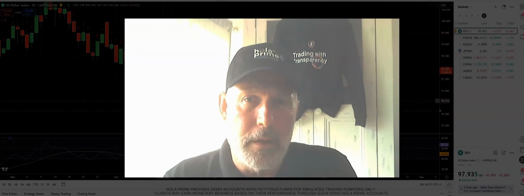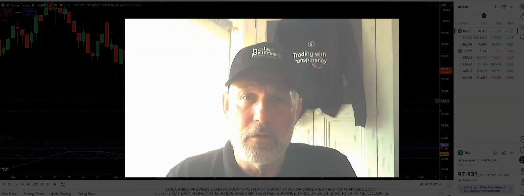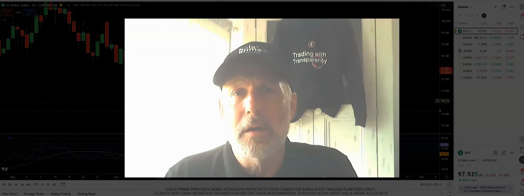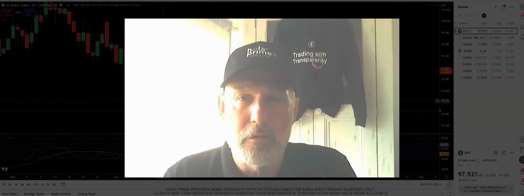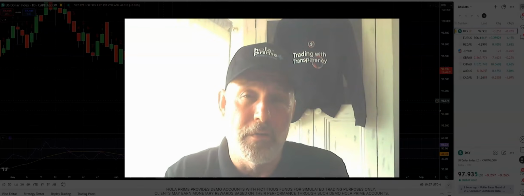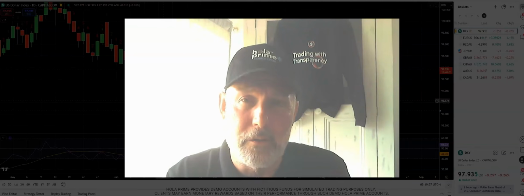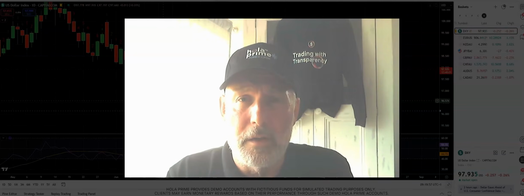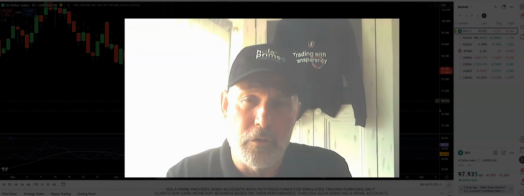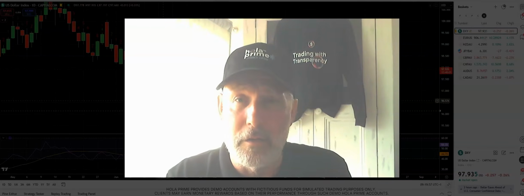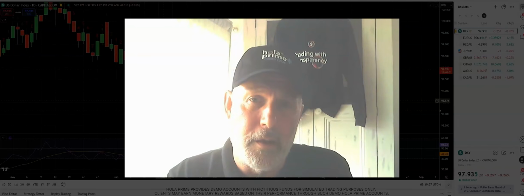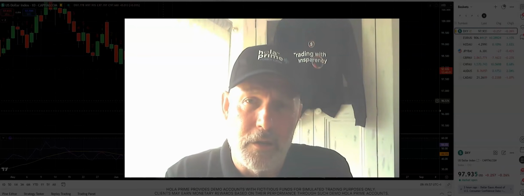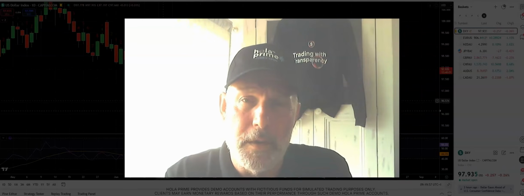Today I want to look at DXY, which is the dollar index. I want to explain DeMark indicators. This is DeMark sequential. I want to then highlight what I believe is going on in the dollar index. We're going to overlay that onto the euro against the US dollar on a short-term basis. So this is an intraday setup, and then we'll look at sterling against the US dollar on a more medium-term